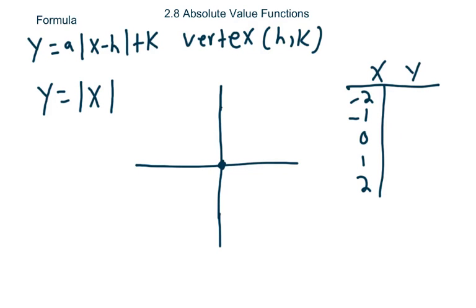Absolute value functions. The formula is y equals a, absolute value of x minus h, plus k. The vertex is h, k. So we have y equals absolute value of x. Well, we start here. Let's just put it in the table. That'll be 0, that'll be 1, that'll be 2, 1, 2. So go to 1, and go to 2. This is how it should be looking